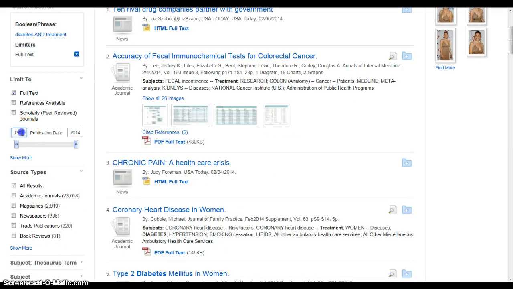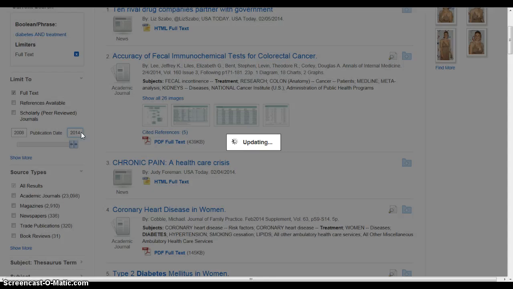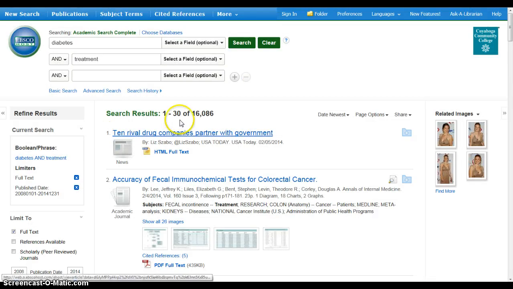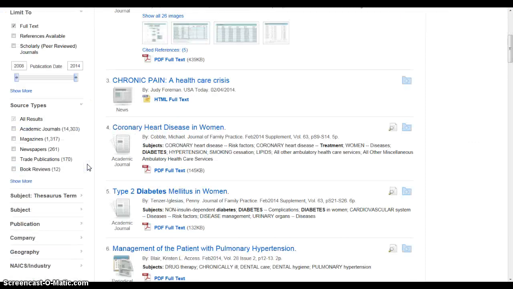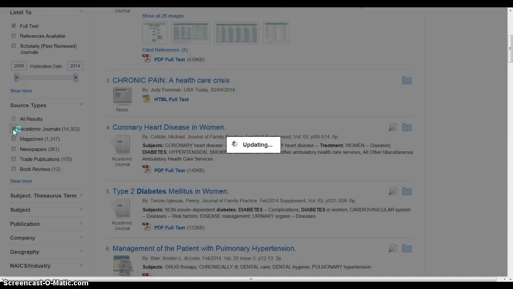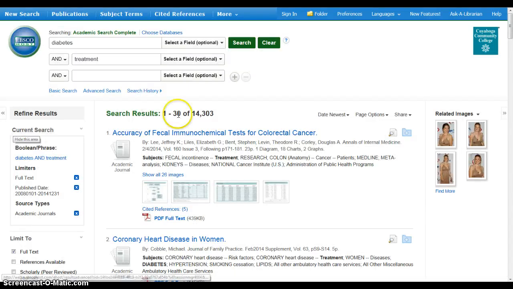For most things that are medical, we typically only look at the last 5 years. So I would want to limit it from 2008 to 2014. And we'll see now I'm down to 16,000. As I scroll further down, I can look at the type of sources. So maybe I'm interested in academic journals or magazines. So if I'm interested in one type of periodical, I can click on that. So if I want to limit to journals. Again, we can note that I'm down to